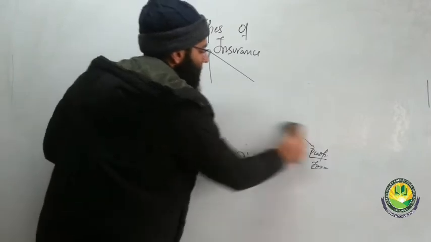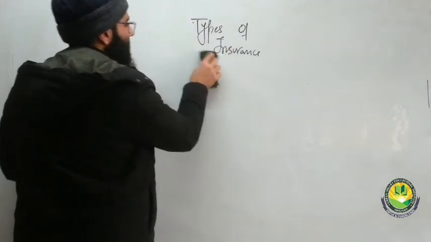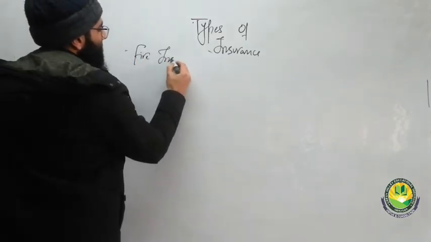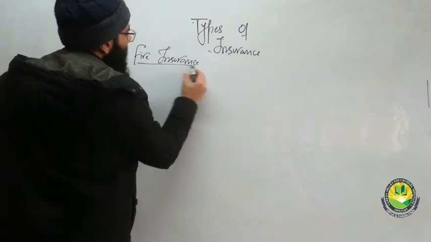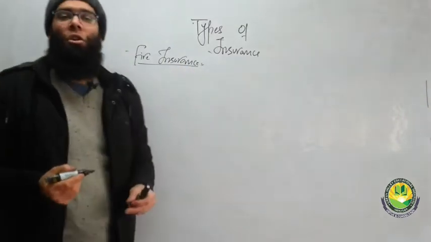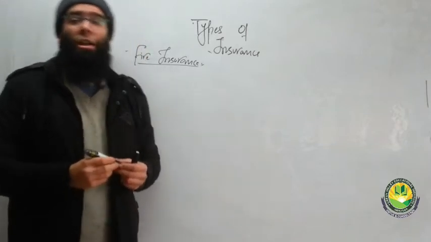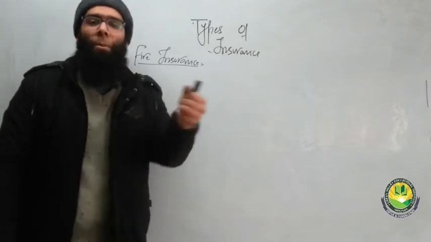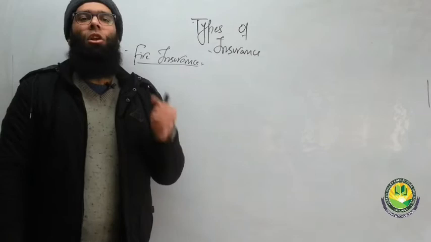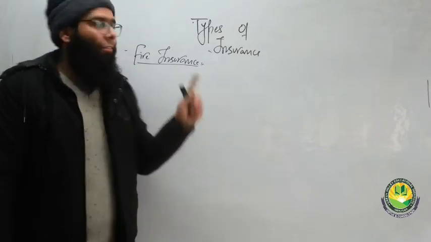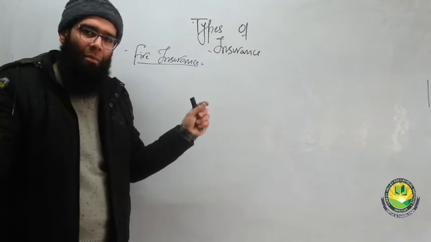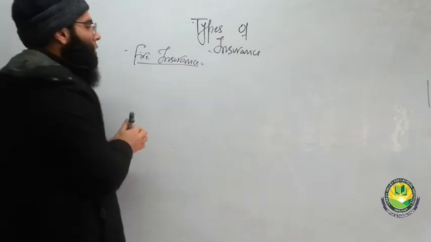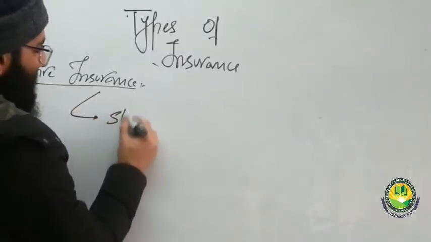So as far as the first insurance type is considered, we can say that fire insurance is a contract of insurance or a contract of indemnity between insurer and insured, wherein the insurer, in consideration of an amount called premium, compensates the loss caused by the fire. So everything else is the same. The only thing that has changed is the damage is due to fire. And when we say types of fire insurance, first is specific policy.